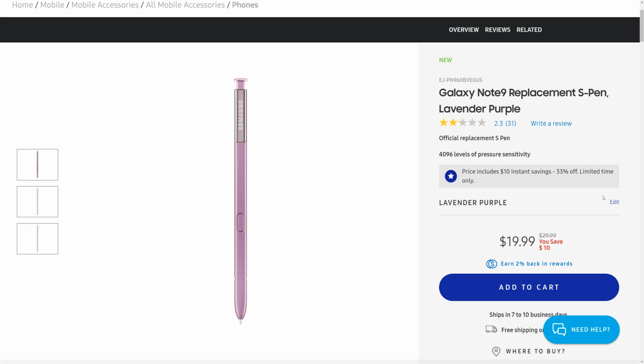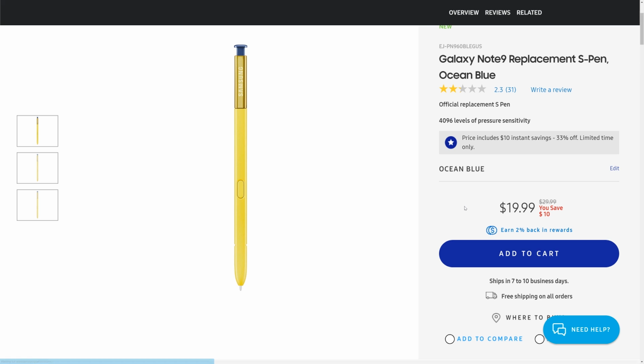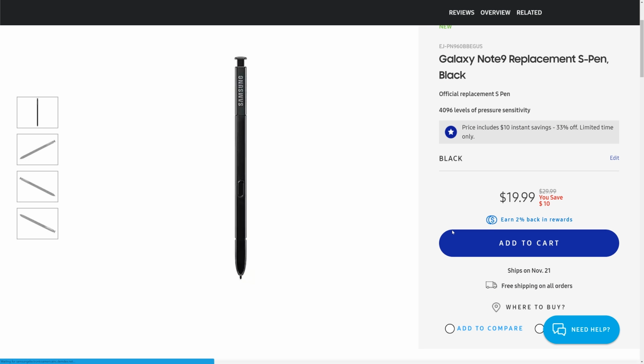Now the brown one is still $30, but you can get the yellow one, the purple, and the black for $19.99. So if you wanted to get the black one with your blue phone or the purple one with your blue phone or whatever colored phone you have, you can now get a different colored SPen for only 20 bucks. I think that's pretty good, especially when you know what this thing can do, from just being